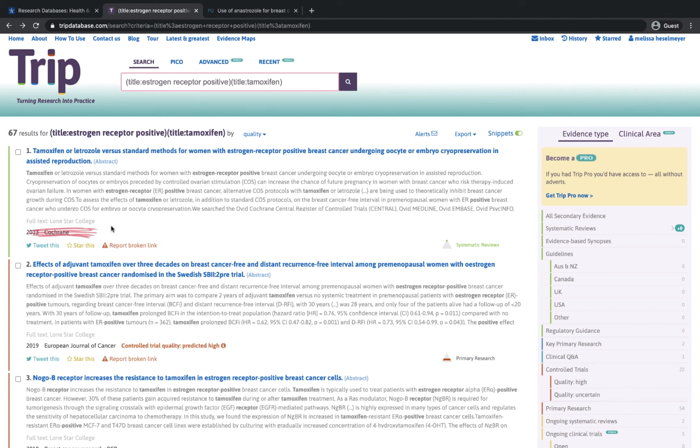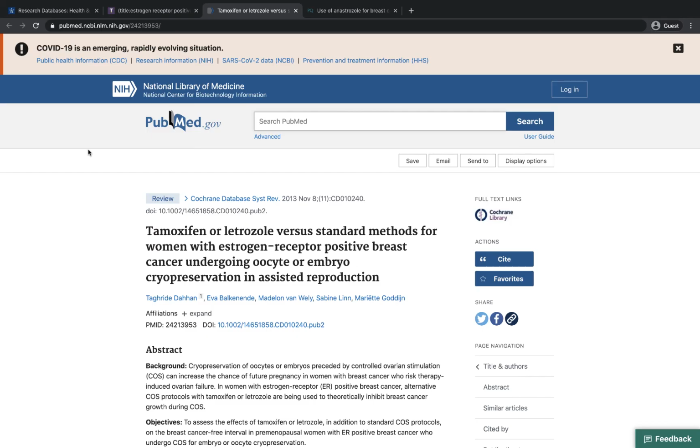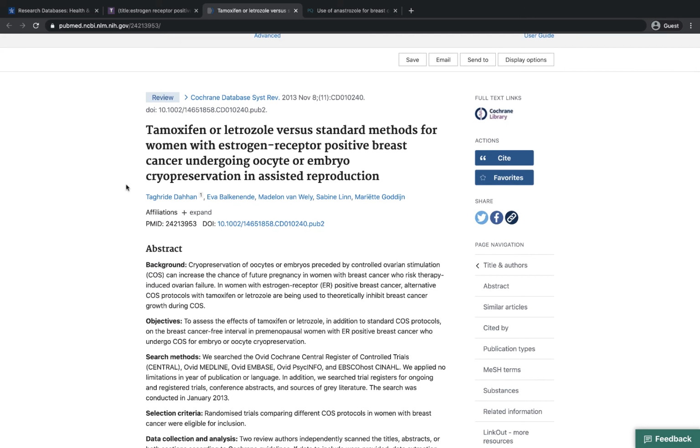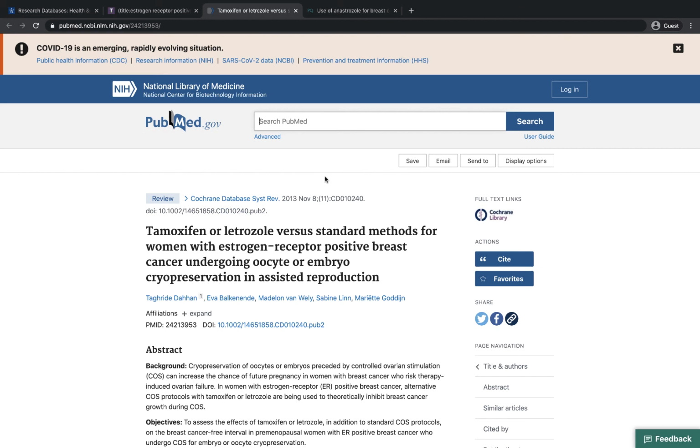Even if TRIP lists Lone Star College, that doesn't always mean we have full text access. If you click on the link, it will try to search Lone Star's holdings to see if we do have full text access to the article through one of our databases. I'm going to go ahead and click on the first result in the list, and you'll see the abstract and very general information about the article. You'll also notice full text links on the right-hand side, in which the full text happens to be free through